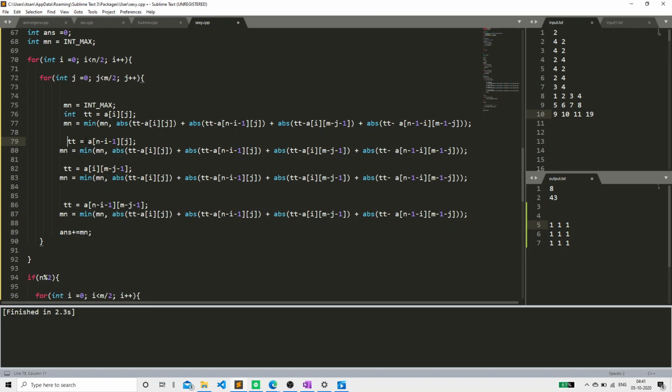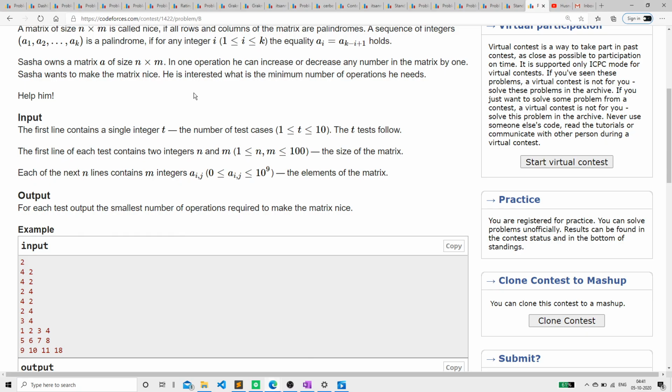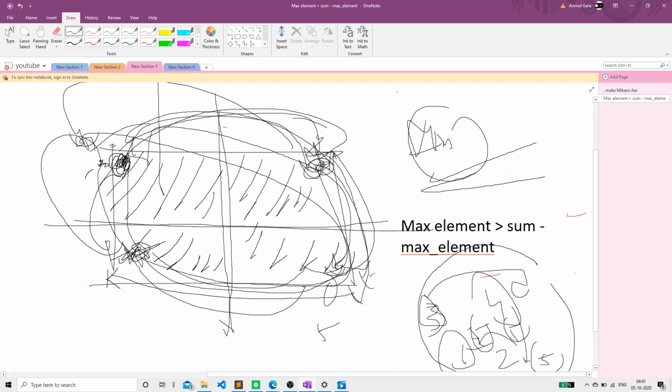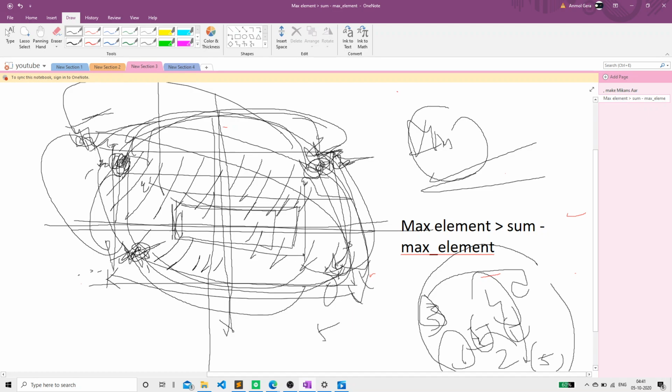And similarly I've taken another element, this. Now I have taken this, so I'm taking this. Similarly this, and the minimum cost by doing this, I'm just taking that. So if a matrix has to be row-wise and column-wise palindrome, it is very evident that these 4 elements have to be the same. Similarly these 4 elements have to be the same, and similarly these 4 elements have to be the same. Yeah, that is basically the solution.